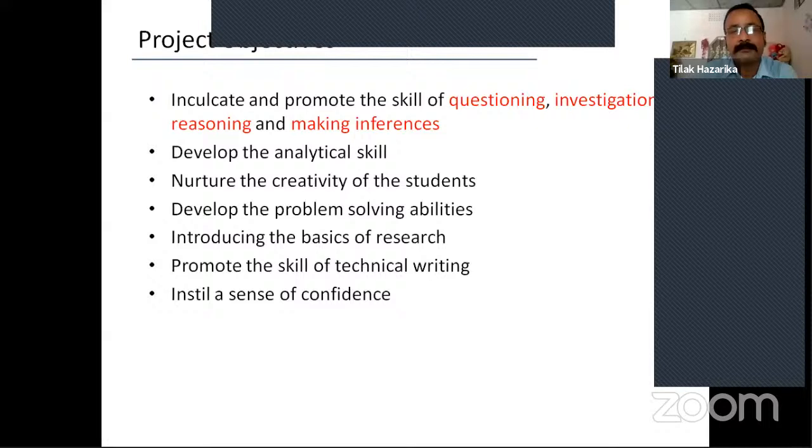Of course, now not only at the undergraduate level, the CBSE has also introduced some project works right at the high school level, in the higher secondary level as well as in high school, particularly from classes 8, 9, 10, 11, 12. CBSE has also included this in the syllabus,